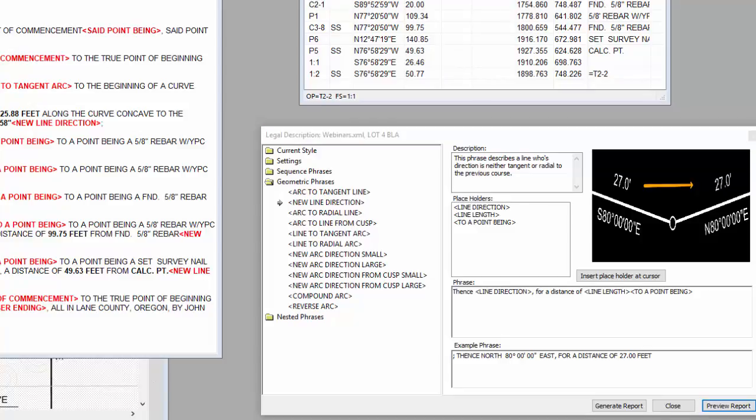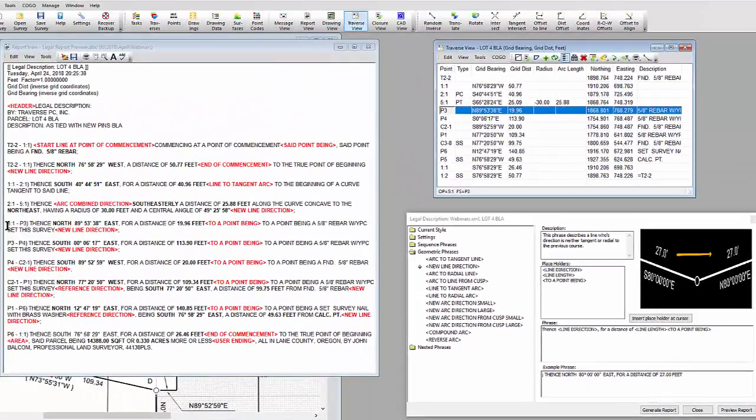I can see that. Let's take a look at P3 for instance. So here's 5:1 to P3, "to a point being," because here's my description. Okay, P3 has a description. So when I go from any point to P3 and I've included this nested phrase "to a point being," Traverse PC is going to say, oh, I'm going to bring that point in because you've told me to, because it has a description. Now, what it brings in is what I've told it to in that nested phrase, "to a point being,"